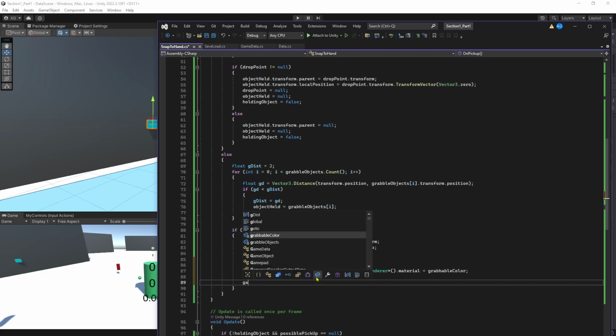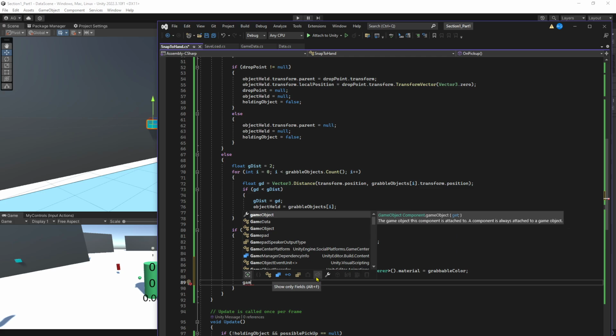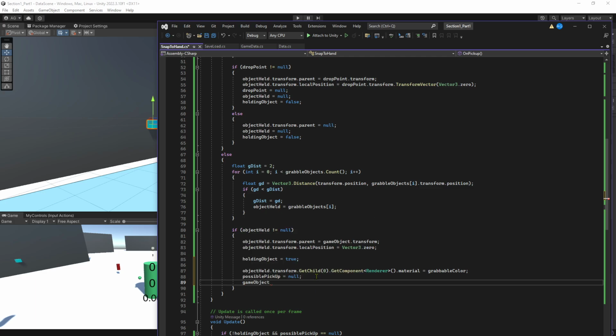And then we're going to say that the game object dot get component renderer material is hand color. Right, so this is going to set when we pick it up. We don't need it to say that it's possible to alert us to anymore. We already know. So we're going to set the color back on our grabbable object to what it was, and we're going to set our hand color back to green. And then what we're going to do is come back up